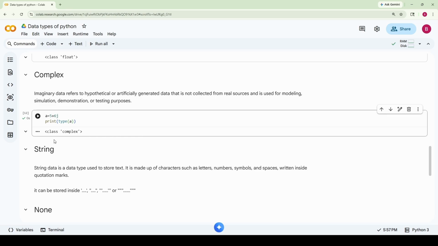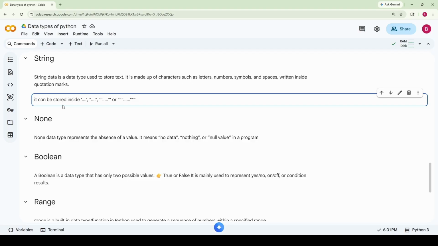Yeah, we have the output and the type is complex. So our next data type is the string data type. It's a very important data type. String data is a data type which is used to store text. It is made of characters such as letters, numbers, symbols and spaces written inside quotation marks. And even if you put a number within the quotation marks, it will be considered as a character, not with